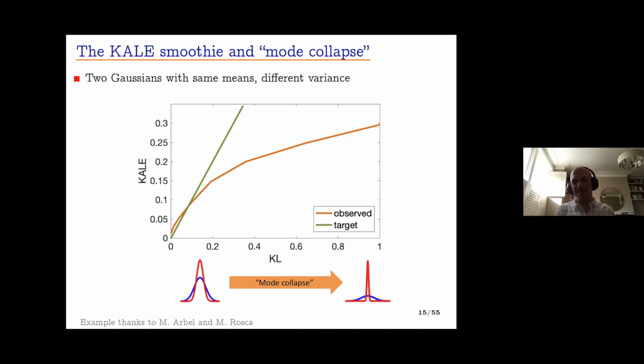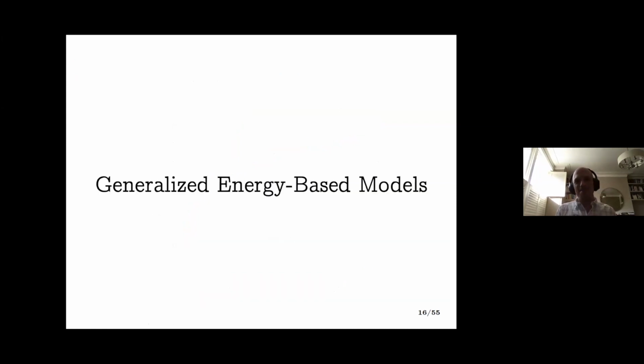So this is, in a way, an indication of why a critic based on this variational lower bound isn't very good at preventing mode collapse, because basically it's not penalizing mode collapse as severely as it should do. So this is a disadvantage of this variational lower bound. All right. So this is a discussion of the critic functions that people are using when training implicit models.